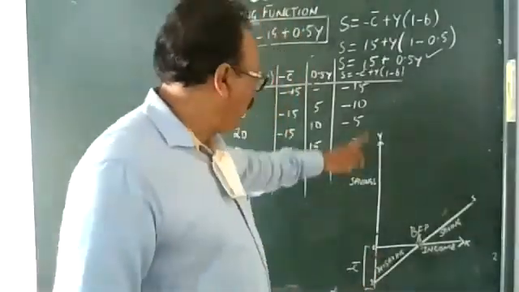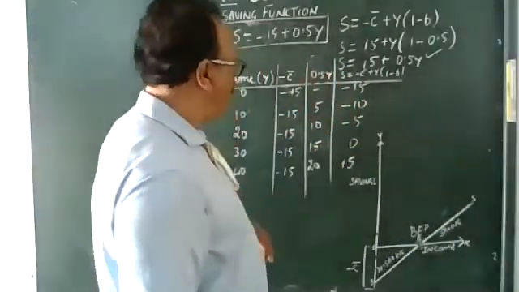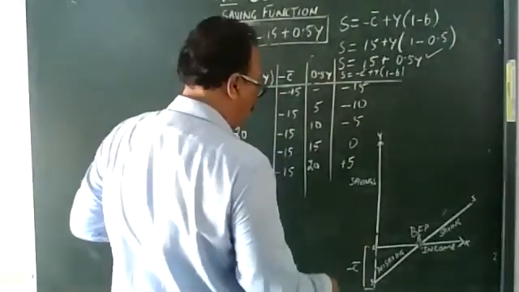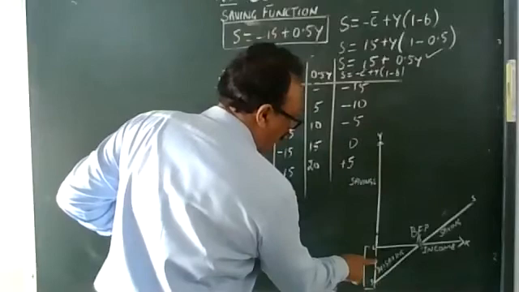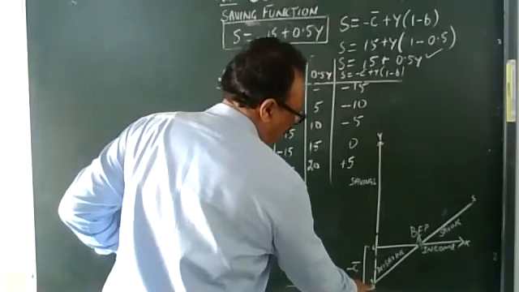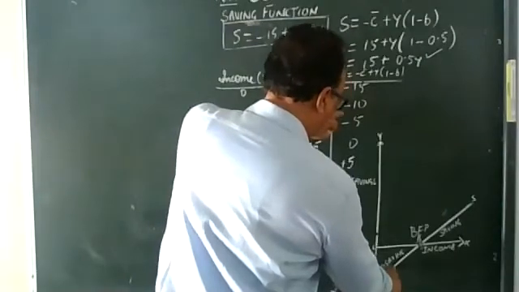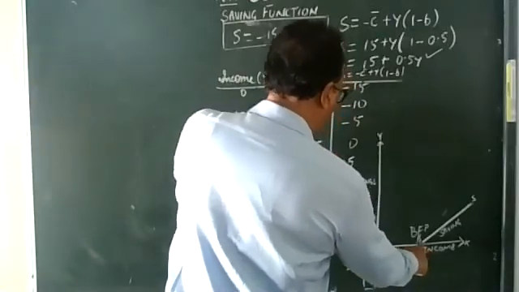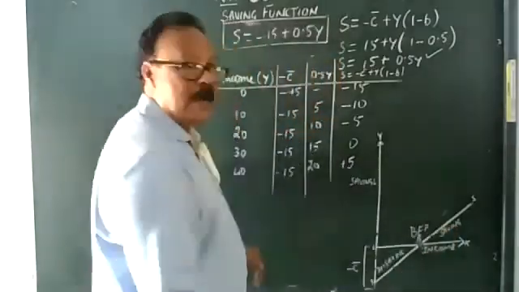On the x-axis, we are taking income. On the y-axis, we are taking the savings. Now we are plotting the income and savings. So the income is, let's say, 0. The savings were minus 15. So we come down here, assuming this is 5, 10, 15. It starts from here, then the second point comes to minus 10, from here. The third point would be minus 5 from here. Then the fourth one would be 0, and then this would be 5 on top of it.